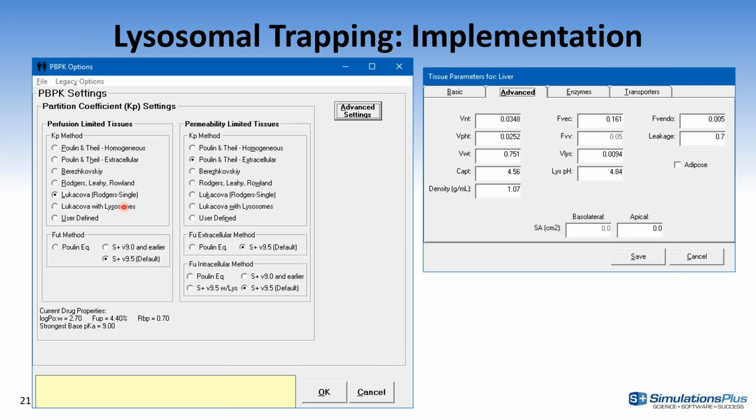So that's good. The follow-on question was, did the new fed state models also change the blood flows depending on meal type? No, that is a very good question. We have not created a link to the blood flow yet. I know this is a recurring question that has been there for some time. It is something that we definitely need to account for in version 10, but in this version, it's not automatically changing the blood flow. So when it comes to blood flow, you still have to do that manually.